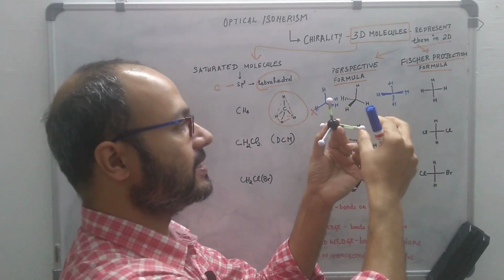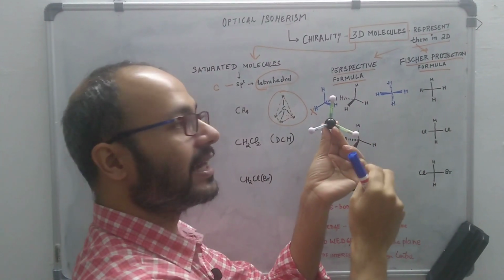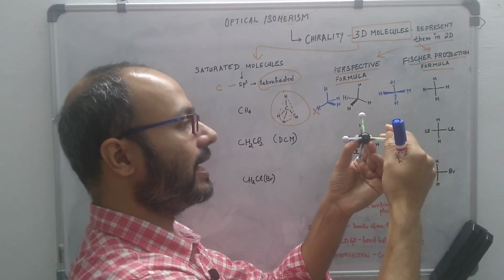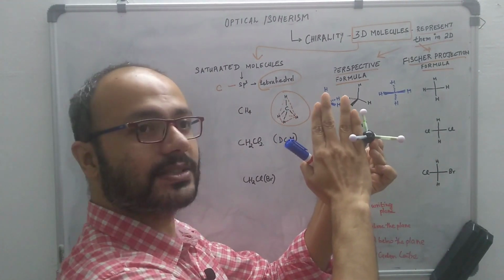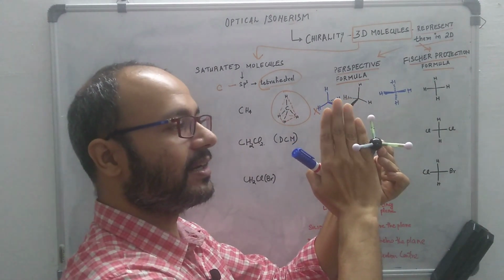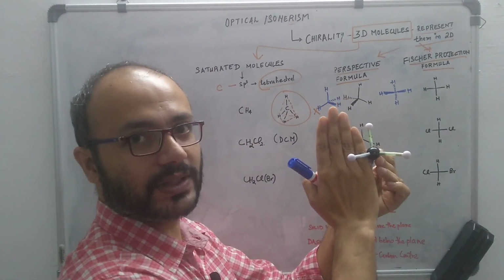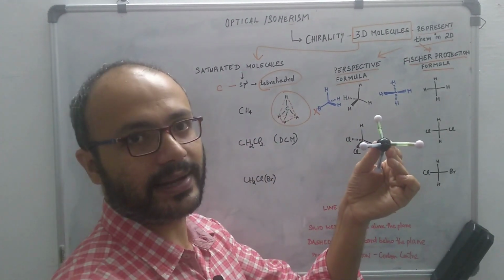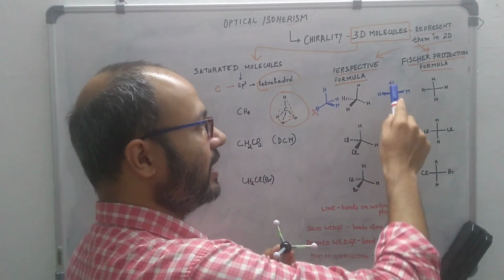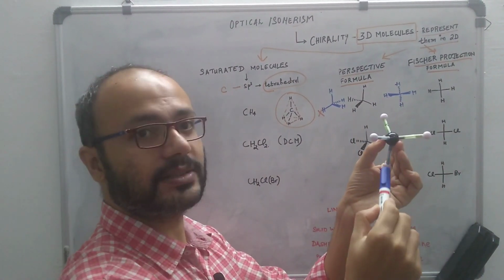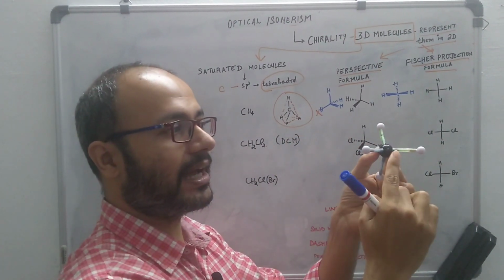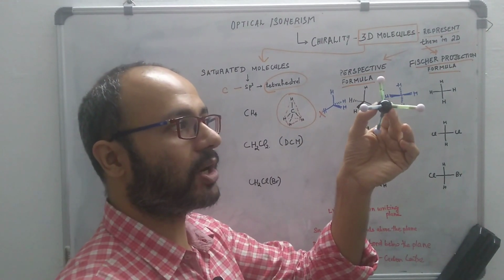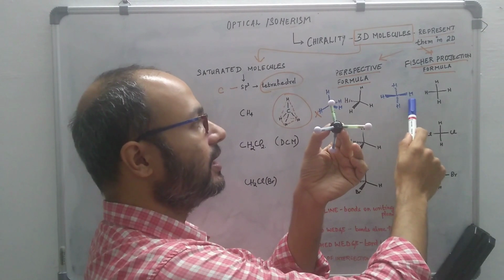Here the two hydrogens are above the writing plane. I should be placing my writing plane somewhere passing through the middle of this, and then you can see the two hydrogens are in front of the writing plane, and the two hydrogens are pointing behind the writing plane. That is why the two vertical CH bonds are pointing backside, and the two horizontal CH bonds are pointing towards the front side. You can hold the molecule like this, and you will see this particular diagram clearly in the three-dimensional